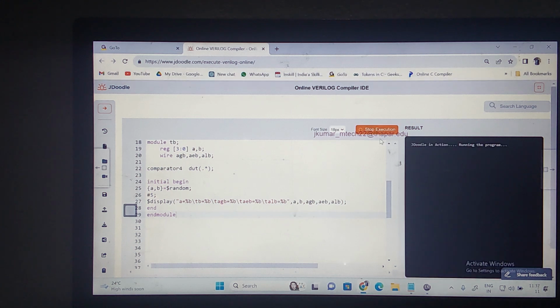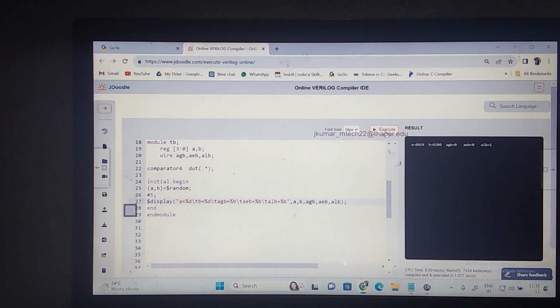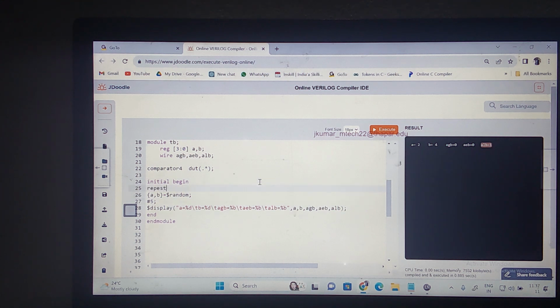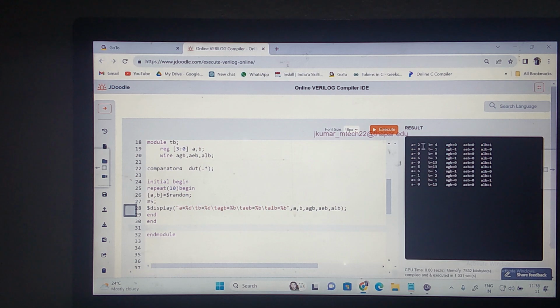Now let us run the program. So let me print A, B, R. Now A is 2 and B is 4. A is less than B is equal to 1. Right. So can I repeat this? Repeat how many times? Okay, let us repeat 10 times. Begin, then I'm going to end. So let us repeat this. So first case is less than, greater than, less than, right? This is greater than, this is less than, this is greater than, right? This is less than, this is also less than, greater than, less than. Again, this is also less than, this is also less than.